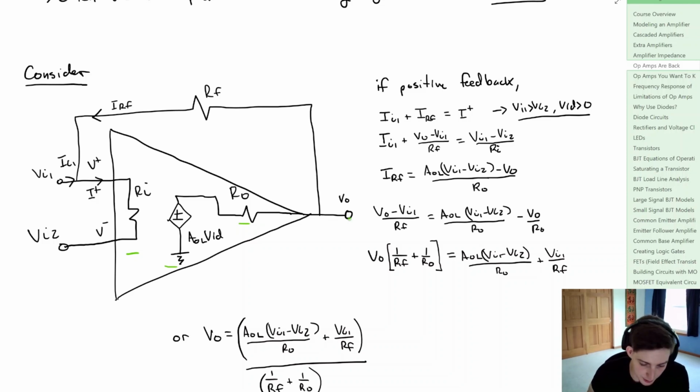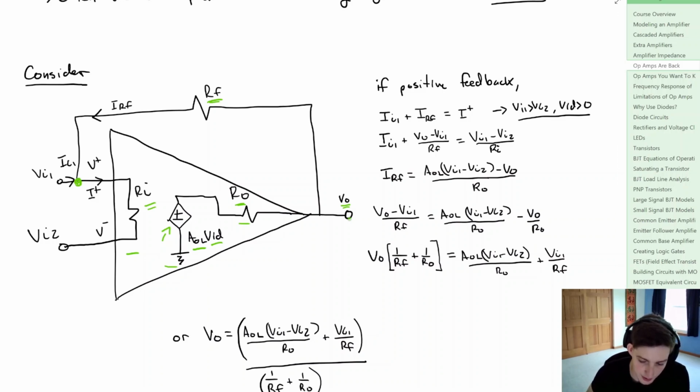So we have some input impedance, some output impedance. We have a dependent voltage source, which is going to be equal to that open loop gain times the differential input voltage. We have our V plus and V minus. At the input, we have some feedback resistor, RF, some output voltage, and then we label our currents as we did here. So what we're going to do is consider this node right here, VI1,